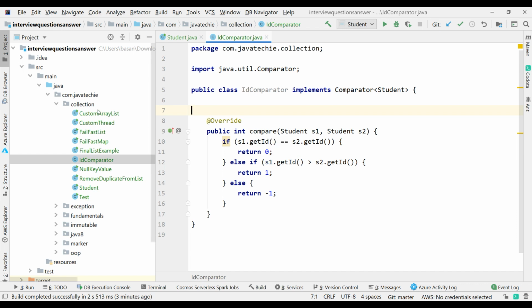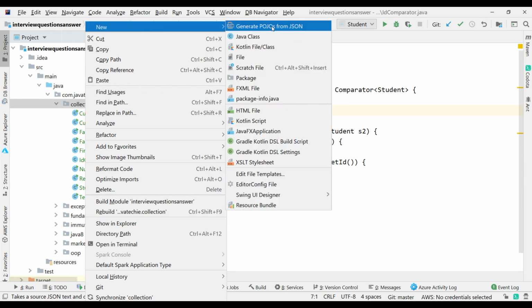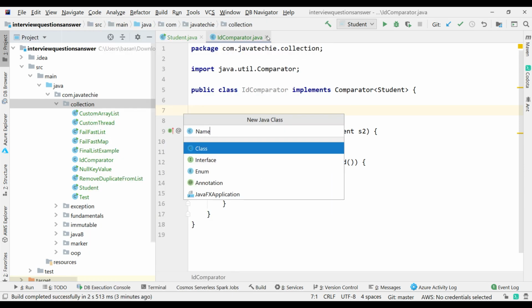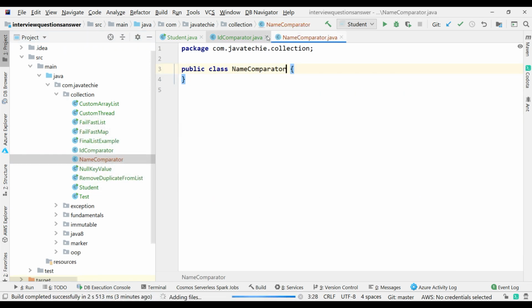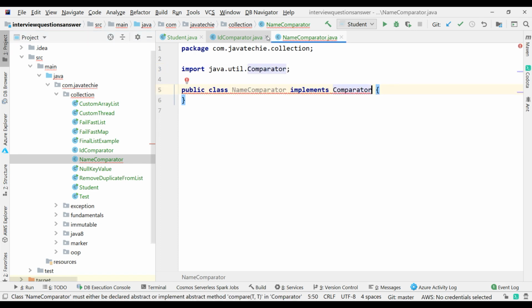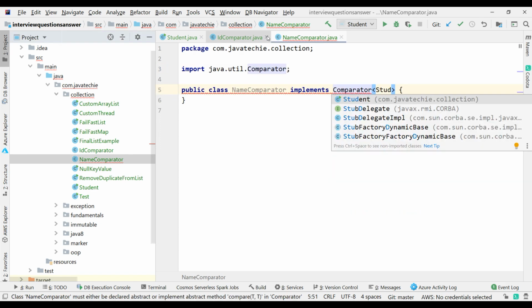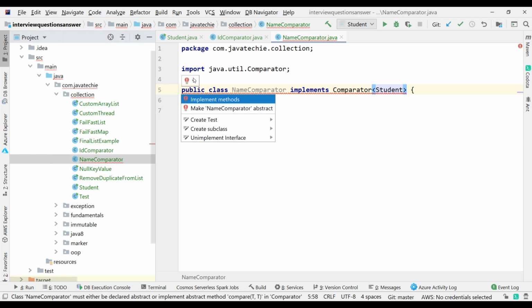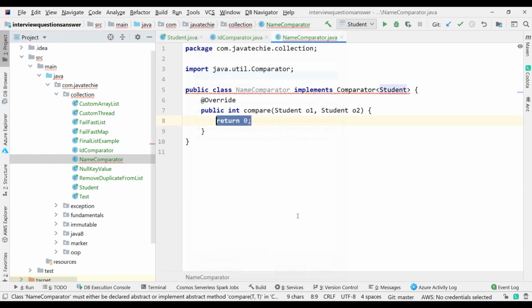Now let's say I just want to write a name comparator as well. So what I can do, I will directly write a Java class. I'll write NameComparator. Also implement the same Comparator, passing the generic type, which is Student. Then just override the compare method.